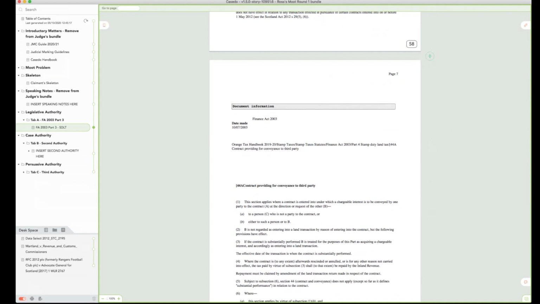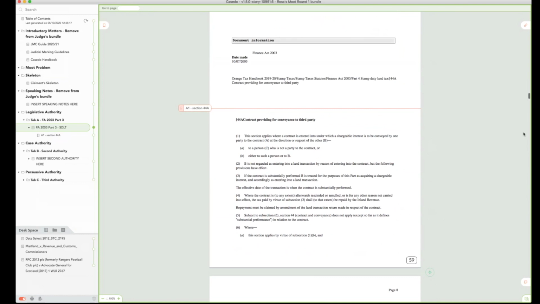I'm now going to talk you through annotations in Casido. The first thing, you take this tab button and you drag it onto the page and release it. And when you release it, it automatically drops a bookmark on the page. And you can see over here in the index, underneath the document, I now have a bookmark. What I would name that, because it's tab A, I might name it A1, and then I might give it a name as well. And you can see there how now I have a tab for section A1.